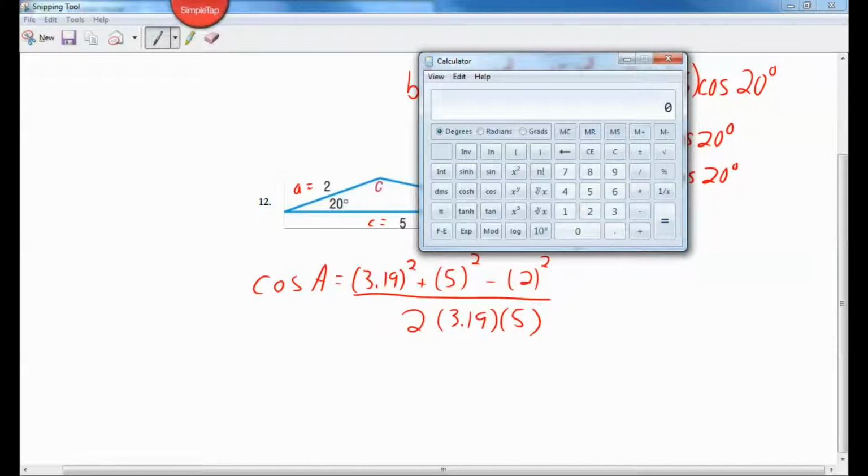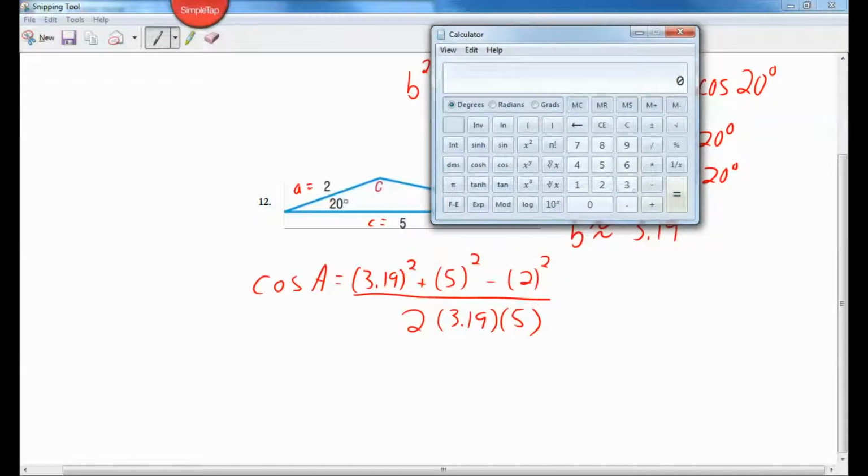Whatever way you're comfortable with your calculator. But I'll show you what you should get. So this squared plus 25, that's 5 squared, minus 4. There's your numerator,